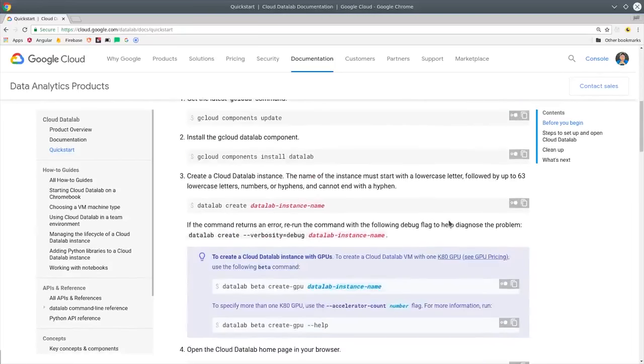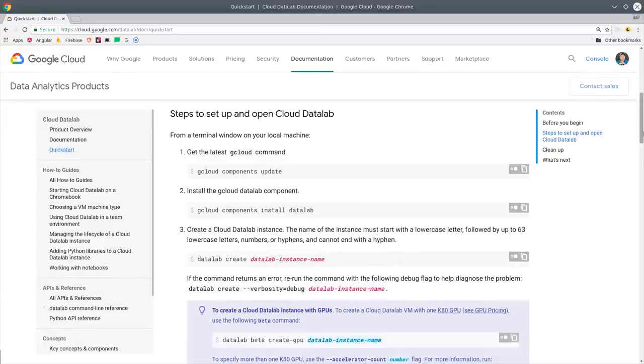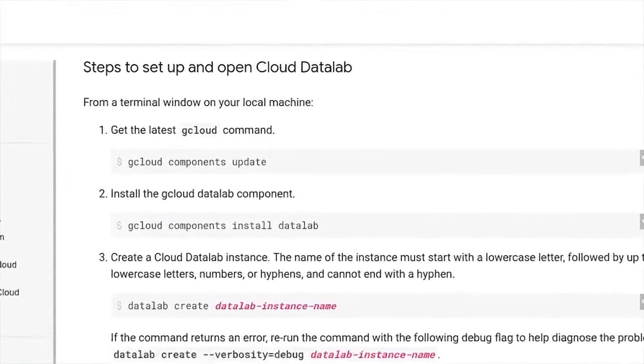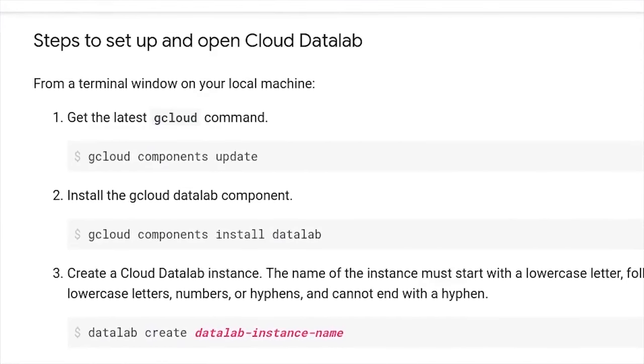To get going with Data Lab, you'll need to have a Firebase or GCP project, and then we have a couple of things to run here from the command line. Basically, you're just installing Data Lab and then calling Data Lab create with the name that you want to give it. What this does is give you an interactive Python or Jupyter notebook in the cloud that you can use to run Python code. And you can allocate as much CPU or memory that you need and also attach GPUs